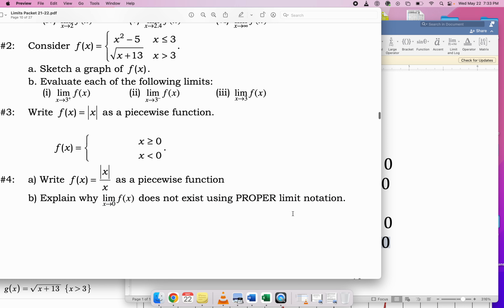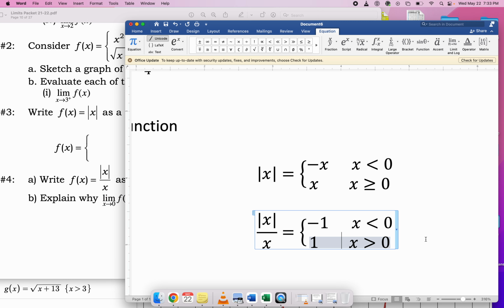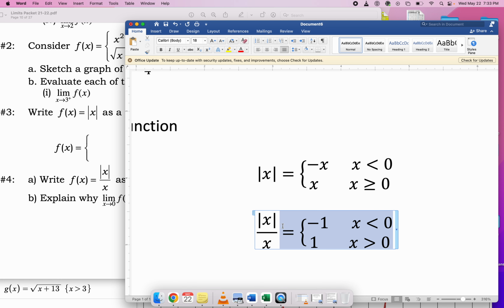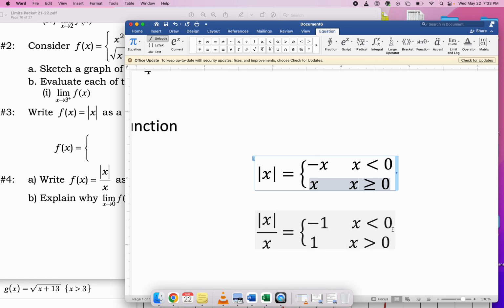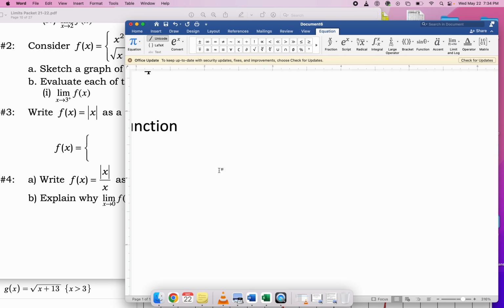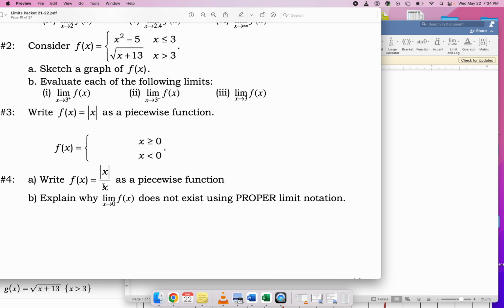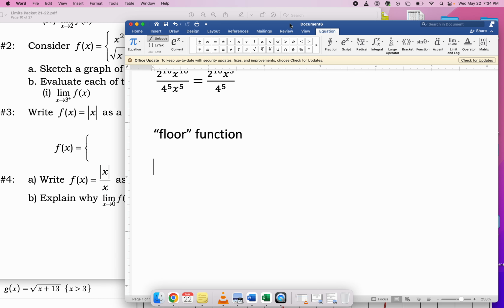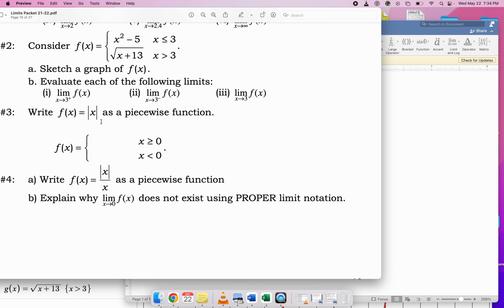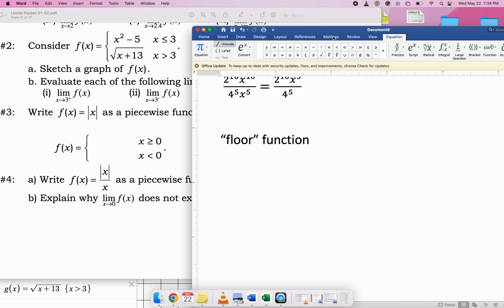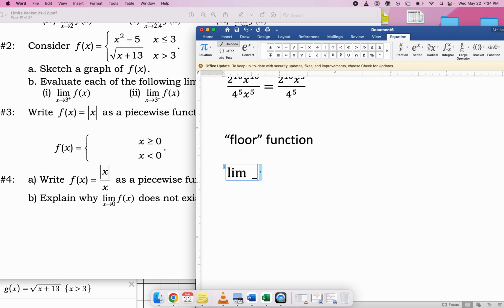They're sort of saying, explain why using proper limit notation. I'm going to do that. I actually don't think that you need to do this. Like, I don't think that you need to write this as a piecewise defined function. Here's what I would say. If you want to evaluate this guy, the two-sided limit as x approaches 0 of this function, you plug in 0, right? You plug in 0, and you get 0 over 0. I mean, this is what I told you guys, right? I sort of said, if you're trying to evaluate a limit